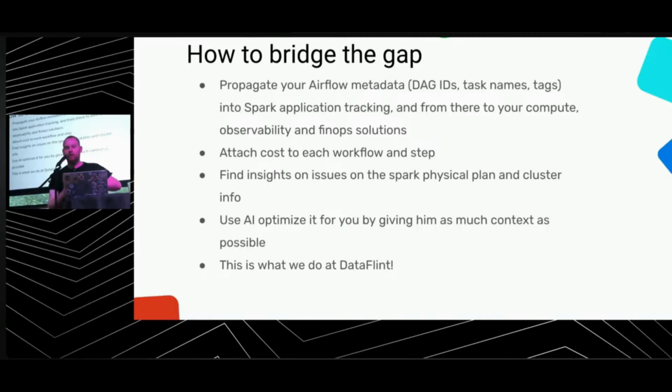Then try to get insights from your actual execution layer about whether what is happening is efficient or not, and based on that, make decisions about your Airflow DAGs. Finally, once you collect all of this context, bring it all to AI, which can do amazing optimization today. The hard job is to collect the data, enrich it, and organize it. Then AI with the proper skills and knowledge can really do wonders.